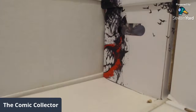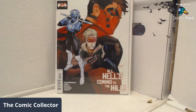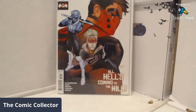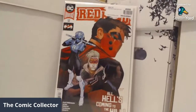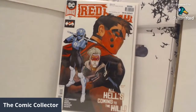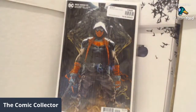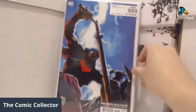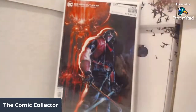We'll start these from the back. I think the new thing I really want to go after is Red Hood. Let me see if I could adjust this camera real quick. So I just went ahead and grabbed a few of the end of his series. This is the last issue of his latest series, issue 52. And it kind of rotates between A and B covers. So we got 51, issue 50, issue 49,